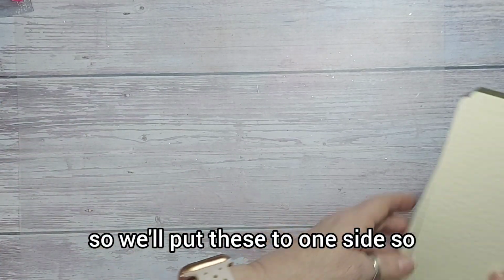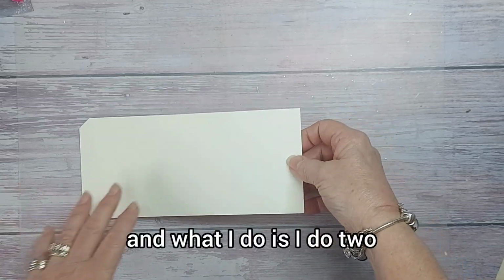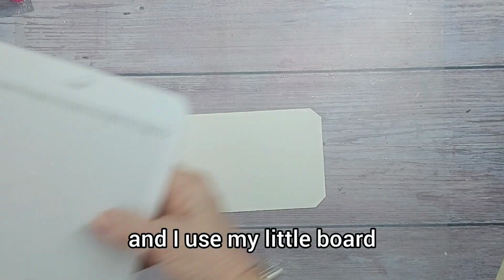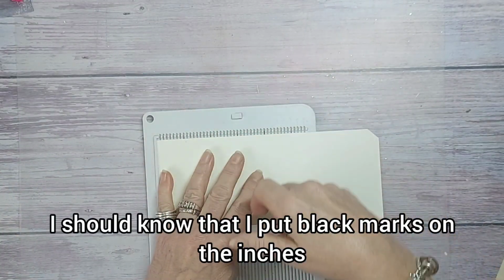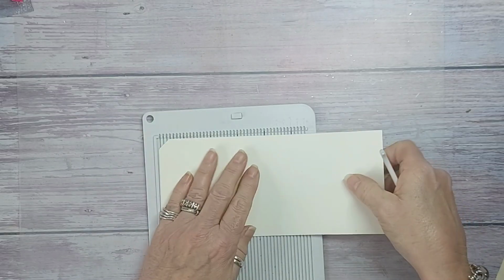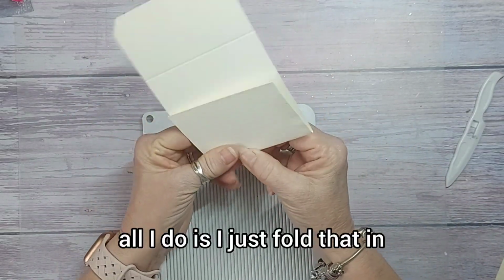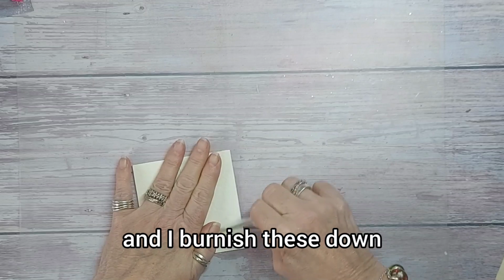So we'll put these to one side. Because they're 8 1/4 inches, we'll do one of the wider ones. What I do is I do 2 1/2 inches that way to lift up into the pocket, and 2 inches this way. And I use my little board, and I'm going to sit down to do this because I should know that I put black marks on the inches. So that's 1, 2, 1/2. So there's 2 1/2. Turn it round, and there's the 2 mark. So then all I do is I just fold that in, fold that down, and it covers it. And I burnish these down